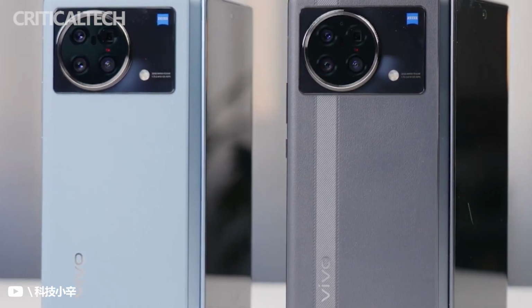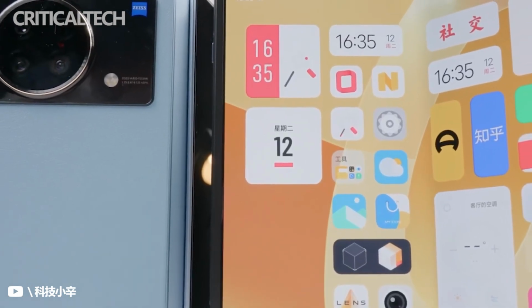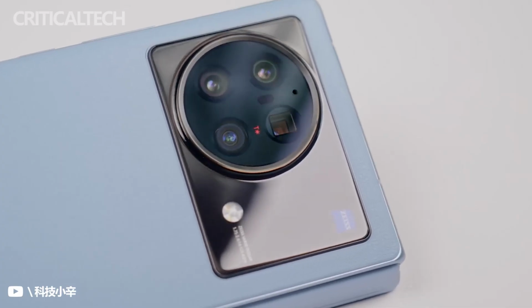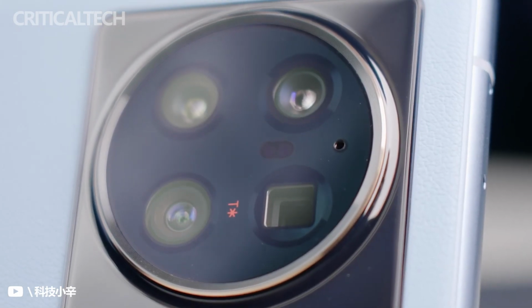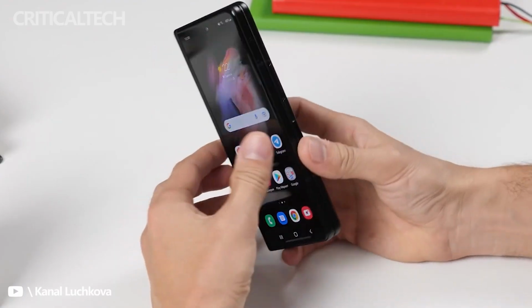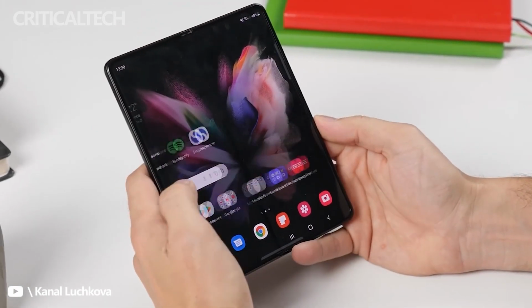For now, the Vivo X Fold is only available in China at a price of about $1,412 for the 256 GB version and about $1,570 for the 512 GB variant. The Galaxy Z Fold 3 starts at $1,799 for the 256 GB model and goes up to $1,899 for the